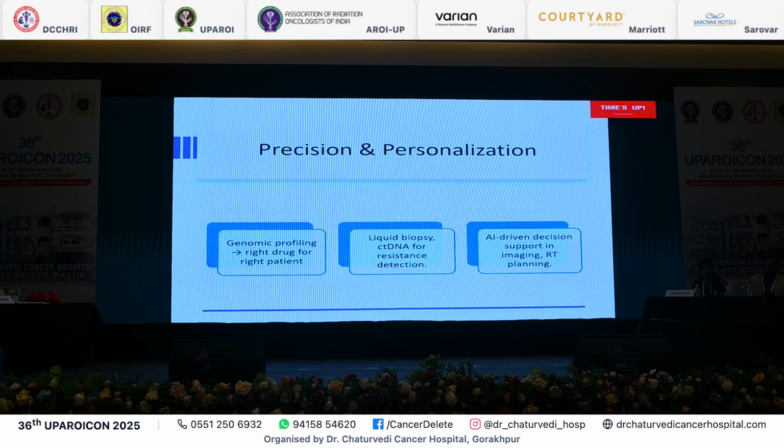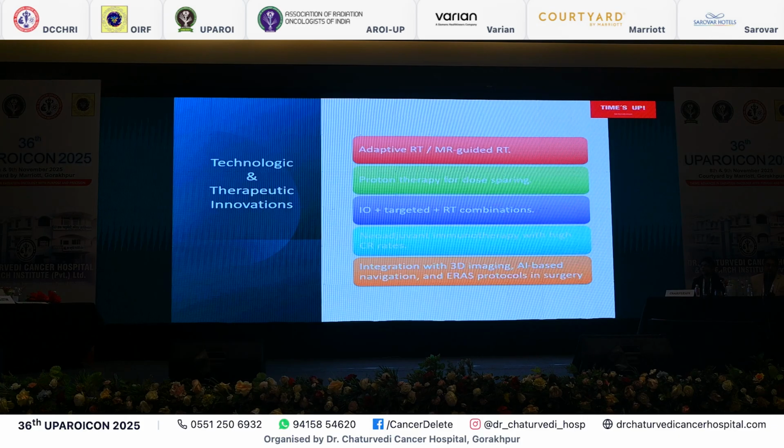We will be continuing maintenance chemotherapy, and that we can detect with these newer imaging and diagnostic modalities. Ultimately, AI is coming into everything. So what is happening? By reading the imaging better, we correlate this phenotype: this imaging looks like this genotype, and the ideal drug is this. In RT planning, we were not very sure whether it is consolidation, collapse or what. So now with this kind of imaging, we can read the images better, we can contour them better.